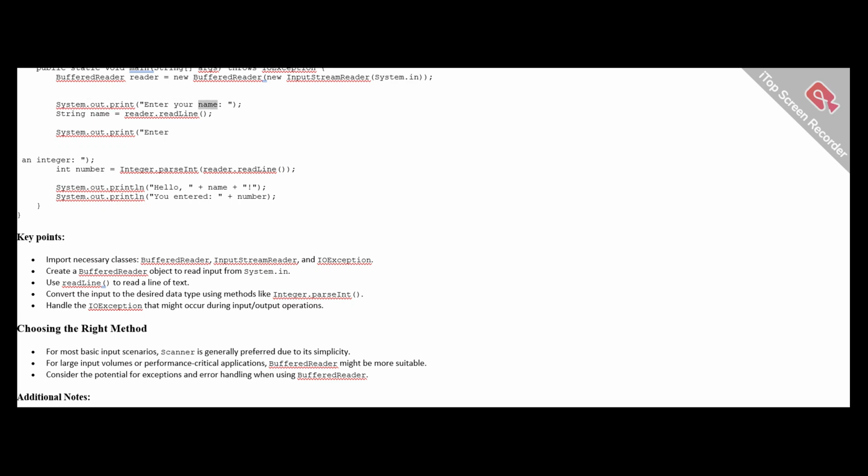System.out.print("Enter your name: "); String name = reader.readLine(); System.out.print("Enter an integer: "); int number = Integer.parseInt(reader.readLine()); System.out.println("Hello, " + name); System.out.println("You entered: " + number);